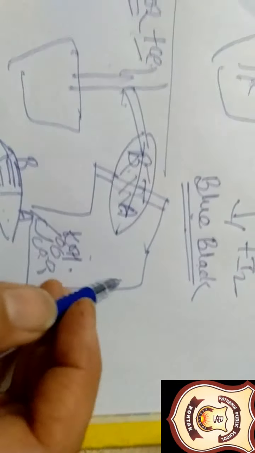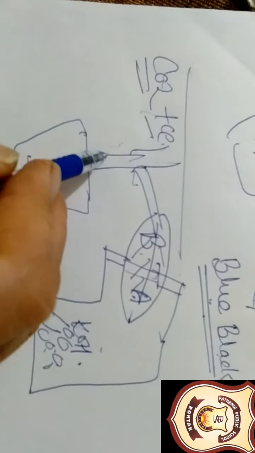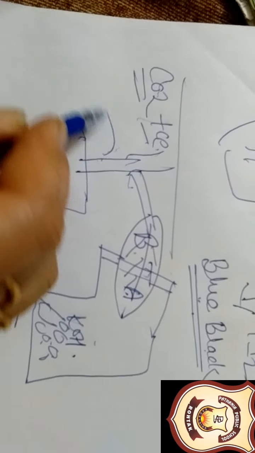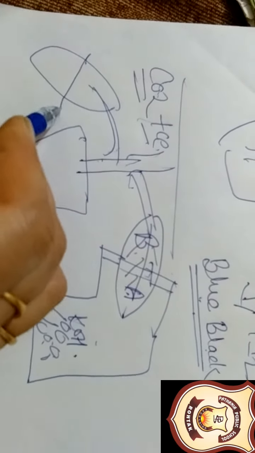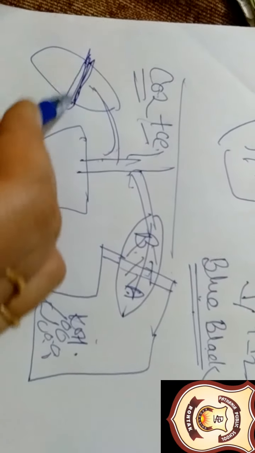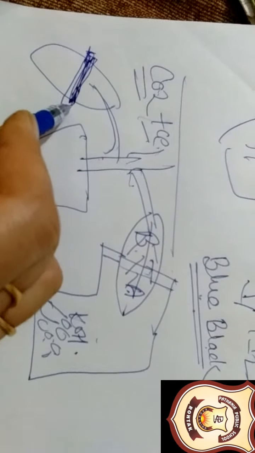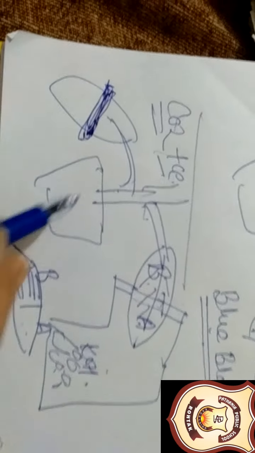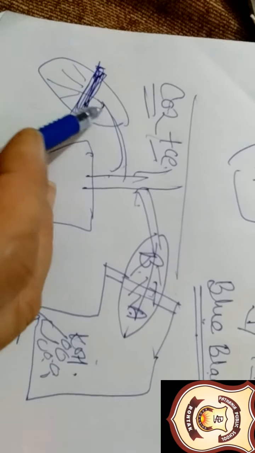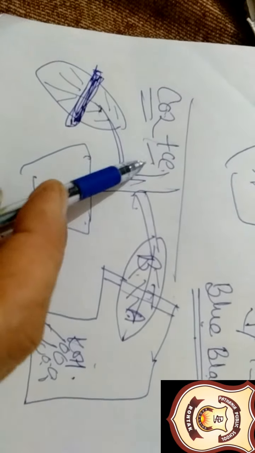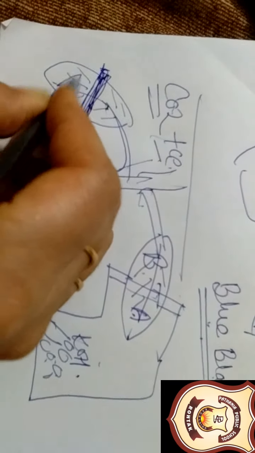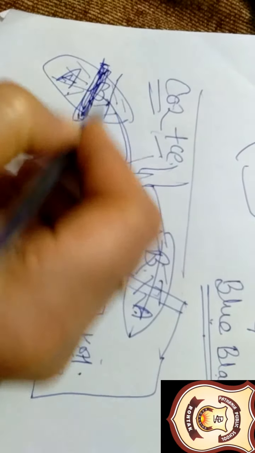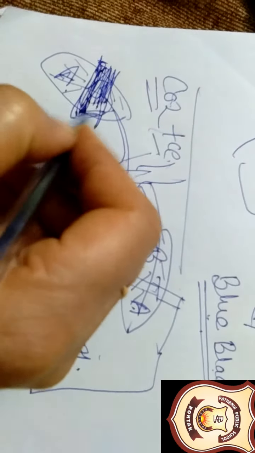Now I have discussed the third experiment also. The third experiment I am explaining in this picture only. Suppose we have taken one potted plant and this is the leaf of the plant, and here we have covered this leaf with black paper first of all, and then after destarching we have kept the plant in the sunlight for the process of photosynthesis, and then we will bring back the plant to the room. We will pluck this leaf, boil it in alcohol, and then test it with the iodine solution. Suppose this is A, this is B part, and this is the C part. Okay, so what will be the result?